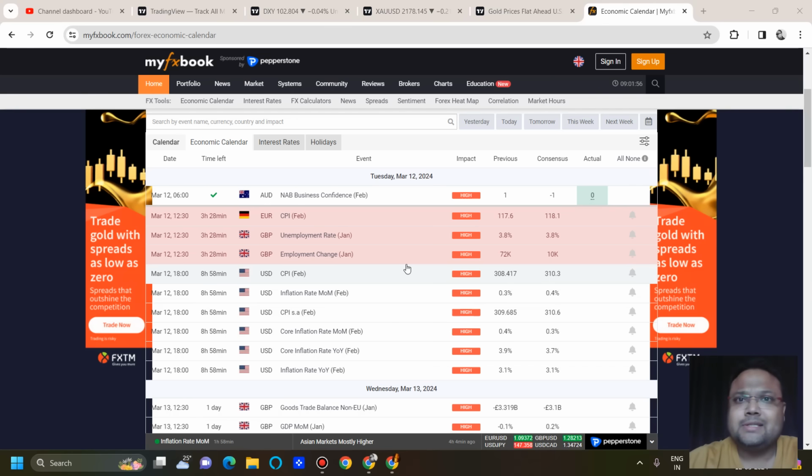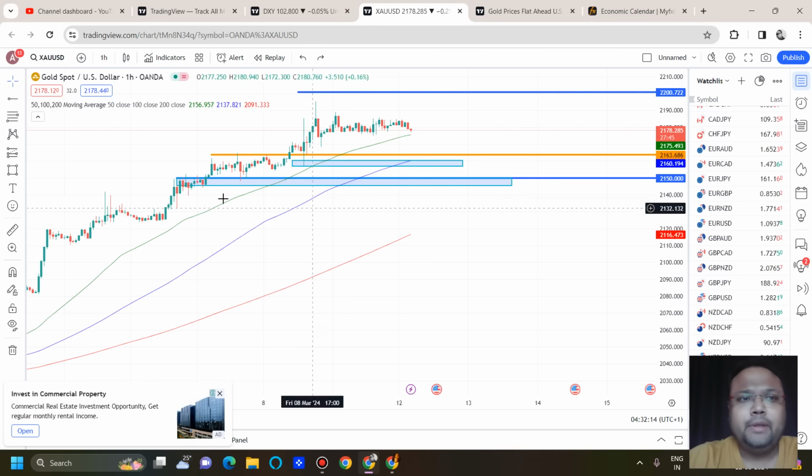But my dear friends, this is just theory. Probably you have seen how crazy the market becomes at the time of news. So please be careful. If you're a beginner, a new trader, do not gamble with your hard-earned money and capital. The market will give you plenty of opportunities to make money. So at the time of news, don't be crazy.